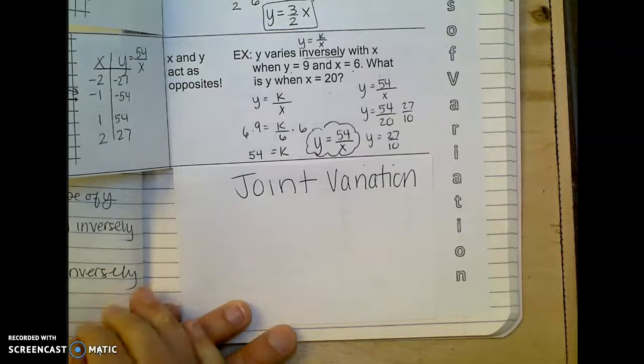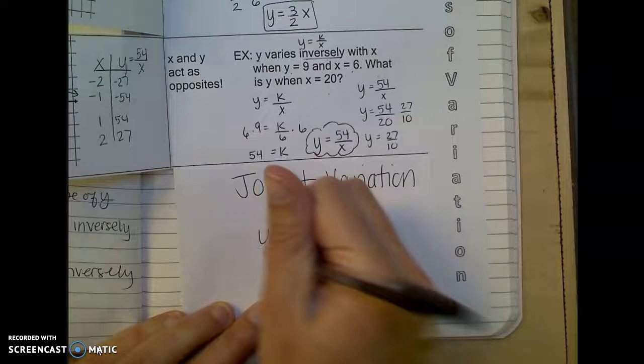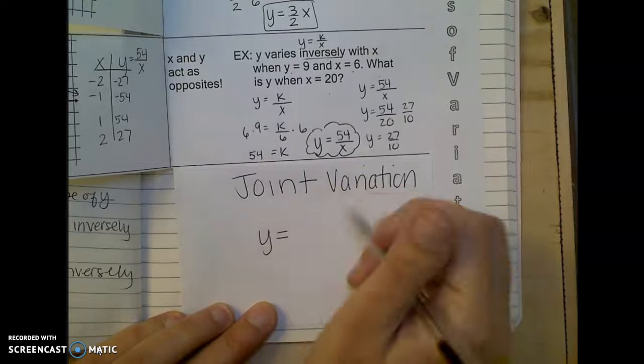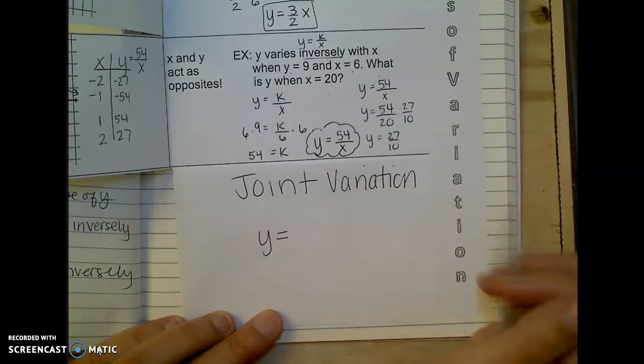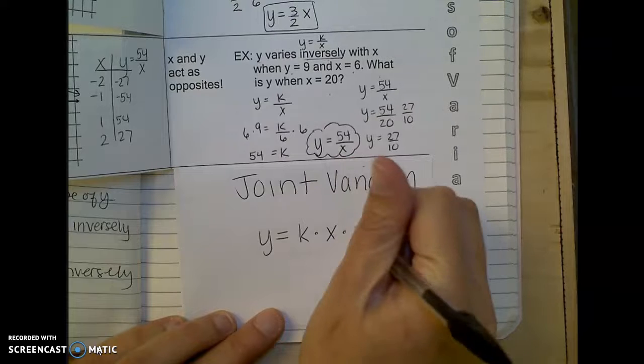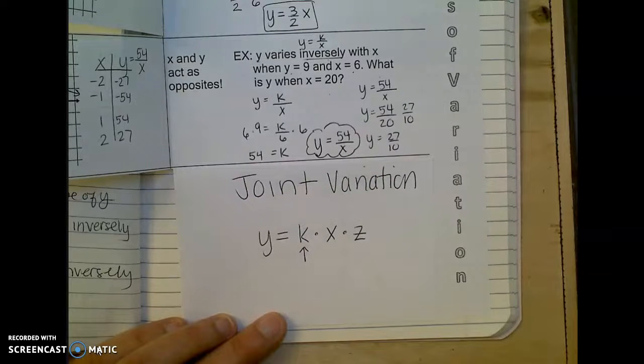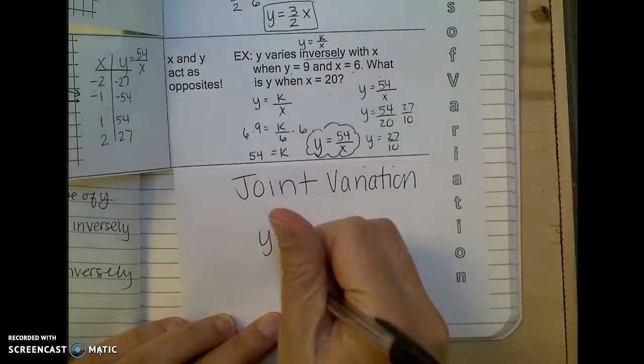That's just when we have more than one type of variation. But if it's not specified, then we just assume multiplication. So this is when we have more than 1 or 2 variables. So y equals k times x times z, where the only letter being replaced is k, still our constant of variation,